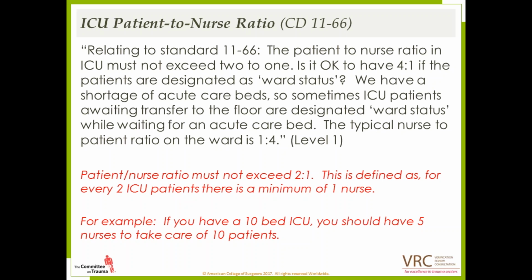So, you know, there's really no way around this, to be honest with you. It's in the book as 2 to 1, and that's what the reviewers are going to look for. So if the ratio exceeds this, they're going to cite it as a deficiency or possibly a weakness. If they cite it as a weakness, it is possible it gets elevated to a deficiency. So I just want to caution the person who submitted this question.